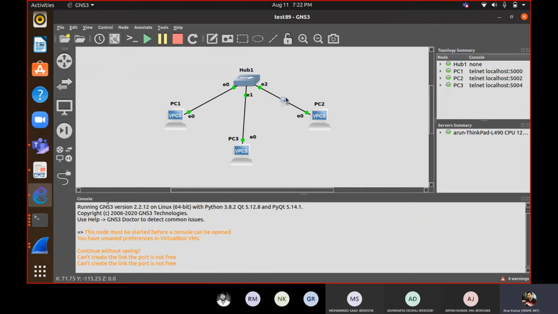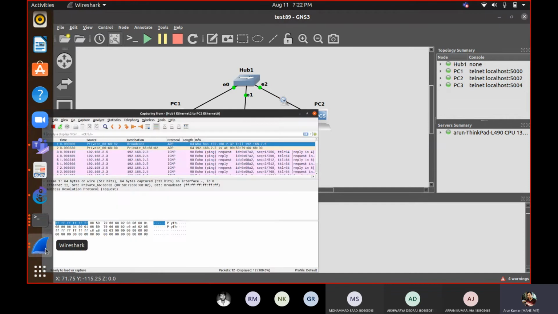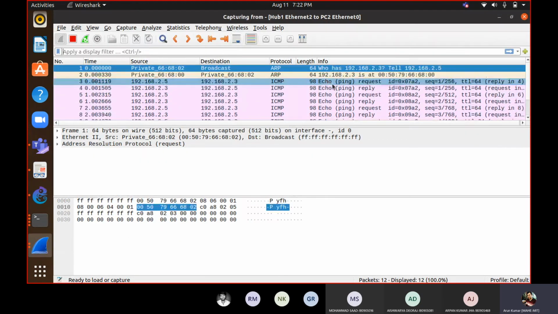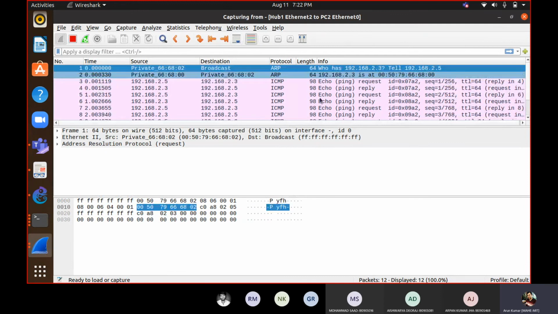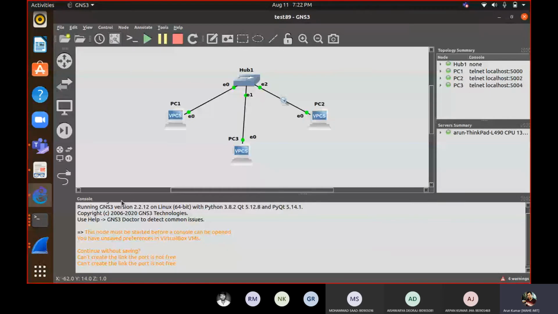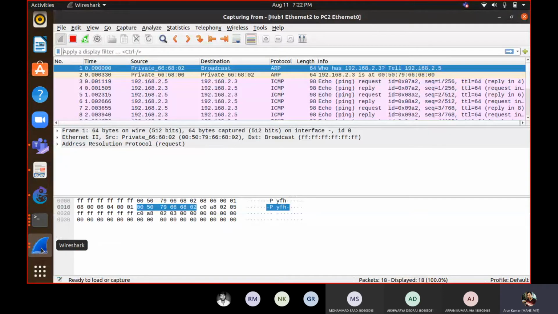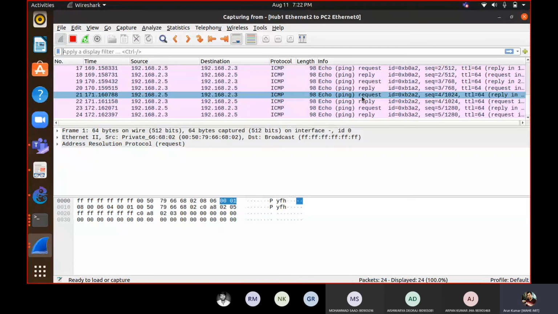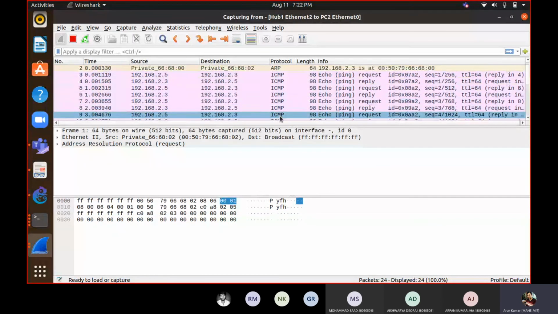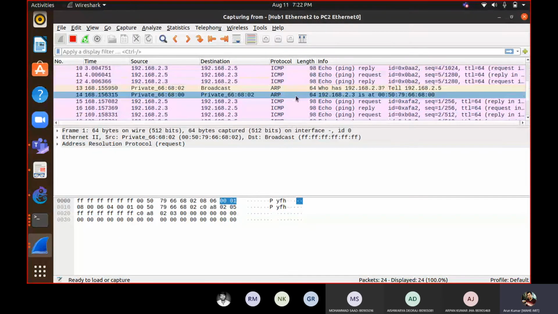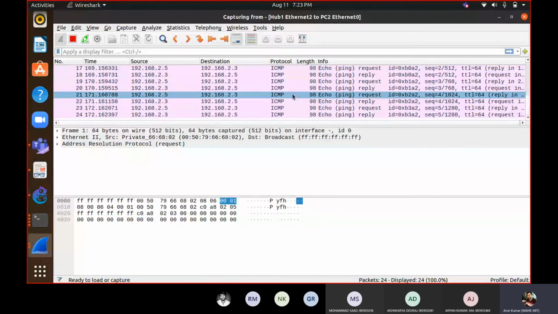I have demonstrated it also. In between the communication was there, but you can listen to everything on this. Once again I am showing, you can listen to everything. See, everything you can listen to starting from ARP. Now once again we will generate traffic and then we will see what will happen. See, now there is no ARP. Can you notice here? Initial ARP, and now there is once again one more ARP.